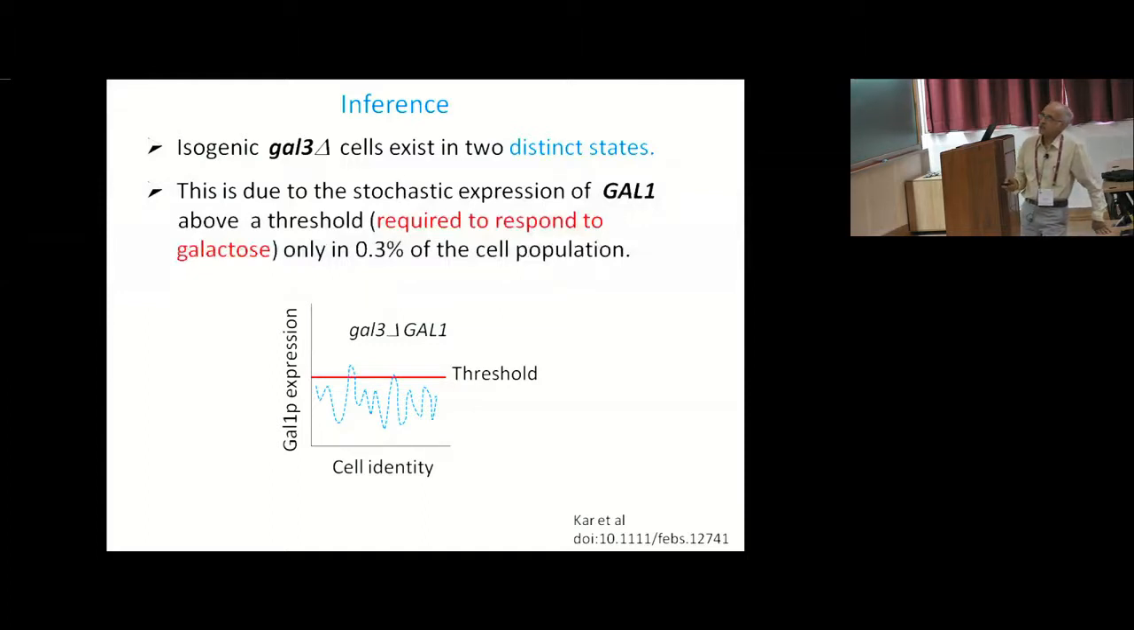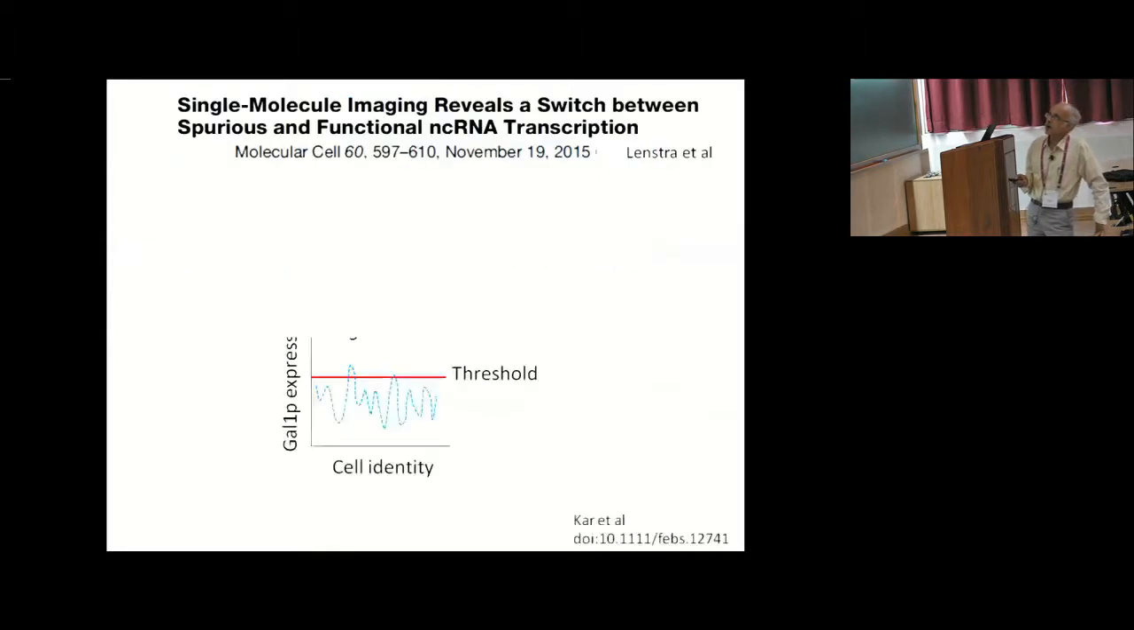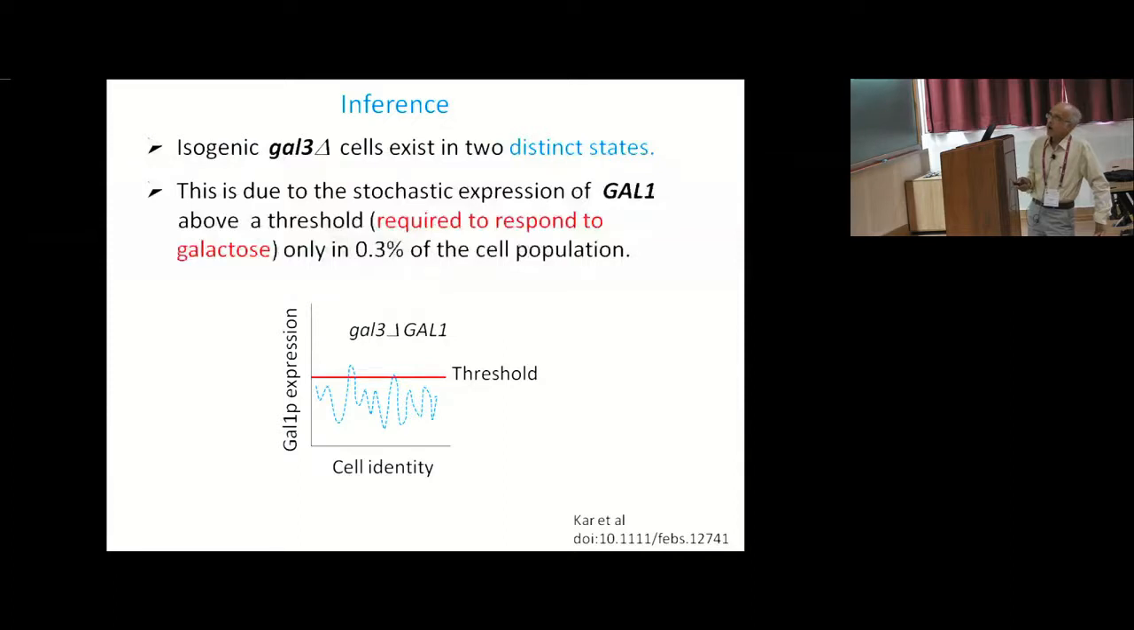So this is the pictorial representation of this phenomenon. This is the cell identity. Each dash here represents each cell. So these cells will have different Gal1 expression in the absence of galactose, right? Only those cells which are above a threshold will see galactose, they will sense it, and they will turn on the switch. So this is the explanation. Now the point is that this threshold can be increased or decreased